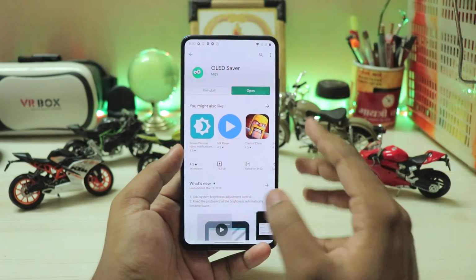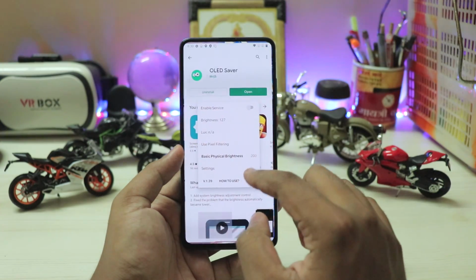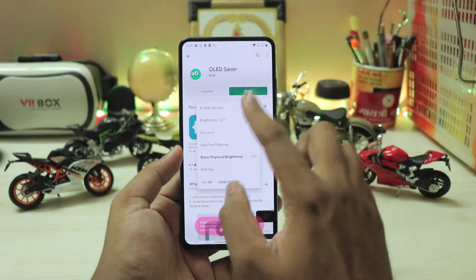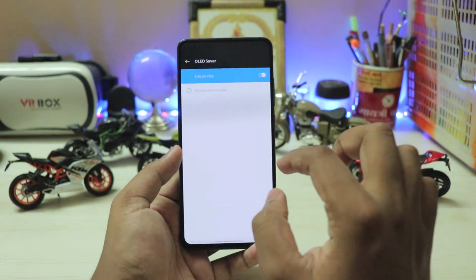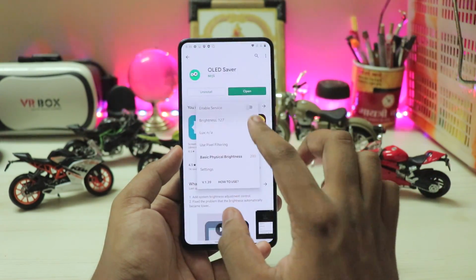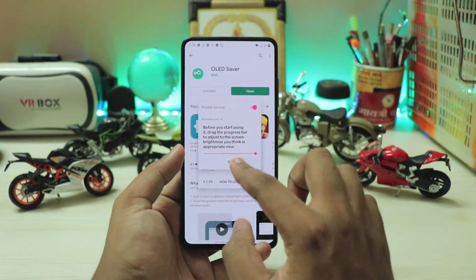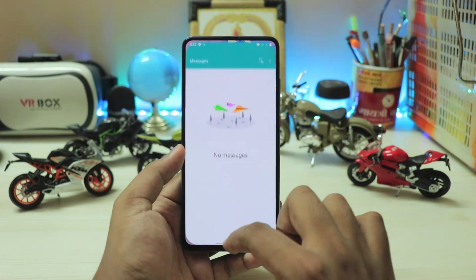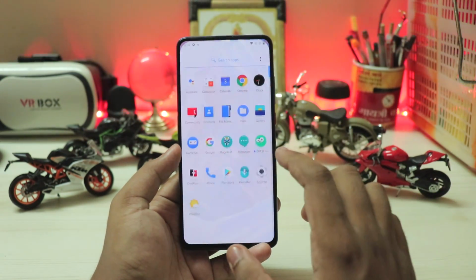And now I will also be showing you my preferred Gcam, which has all the lenses working. So we'll have the camera completely sorted out for both the Redmi K20 and the K20 Pro. But let's just agree to all the permissions for the OLED Saver. And just like that, we should have a completely working anti-flicker mode. Yep. Now the Oxygen OS itself doesn't need any kind of external patches to just run neatly. Everything that the dev can do has already been installed right over here.